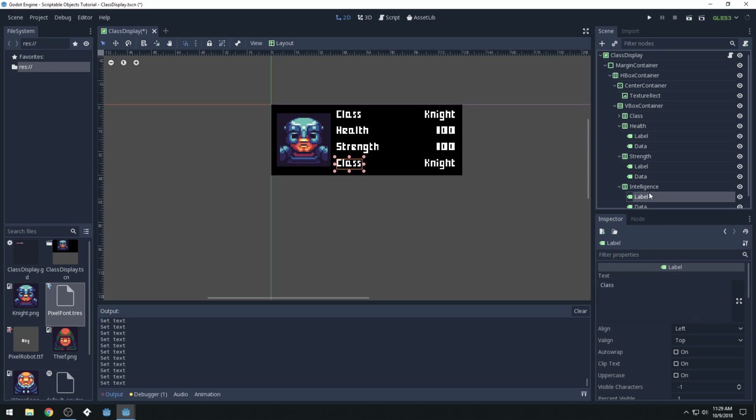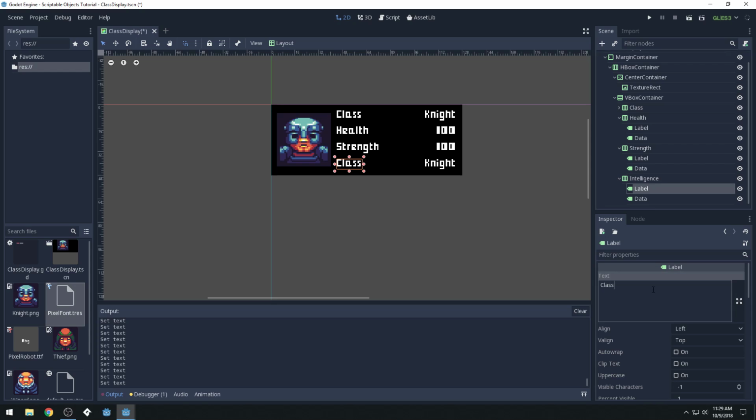And then here we'll do the same thing. Label, intelligence, and 100. Okay. And save. So we've correctly set up our UI, and